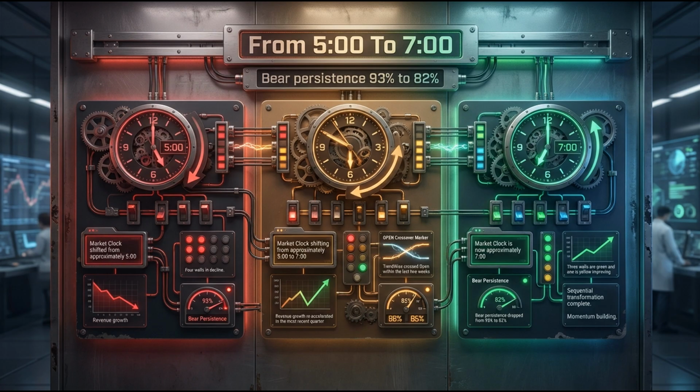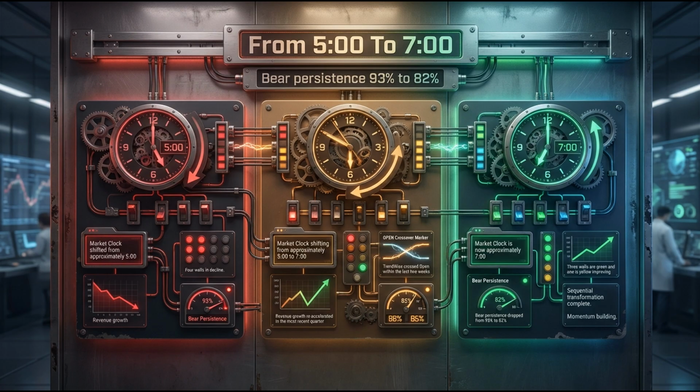To manage this live transition, we must enforce strict tactical discipline. A score of 72 at $7.00 is not the same as a score of 87 at $9. The risk profiles are entirely different. The framework dictates that if the TrendWise signal reverts to closed, the practitioner must immediately cut the position in half. There is no room for thesis drift. You do not hold on and hope the recovery resumes. You trust the gate.